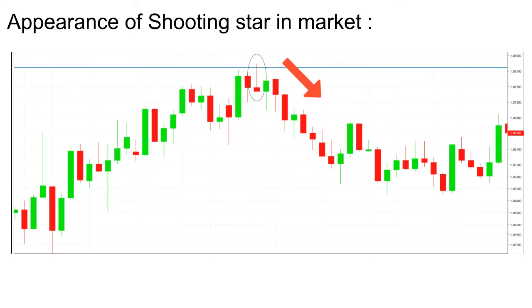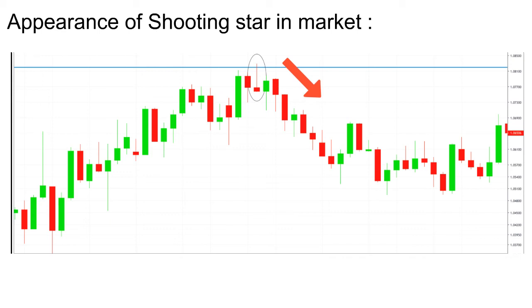Then at the high point, there is selling pressure and the price reduces and closes near the low point of the day, forming a shooting star. This indicates the bears enter the market. So the bearish trend continues for the next few trading sessions. The longer the upper wick, the more bearish the pattern. So remember, whenever the shooting star is formed at the upper end, it has the ability to change the trend and